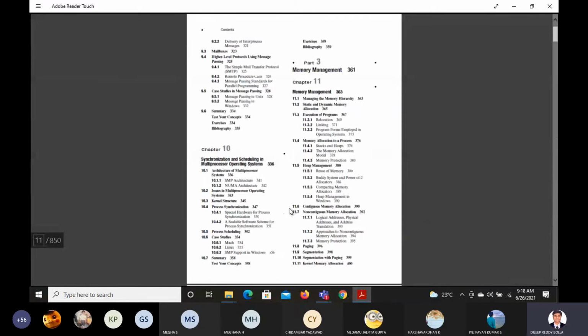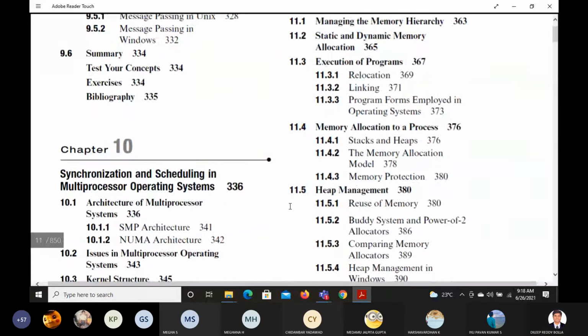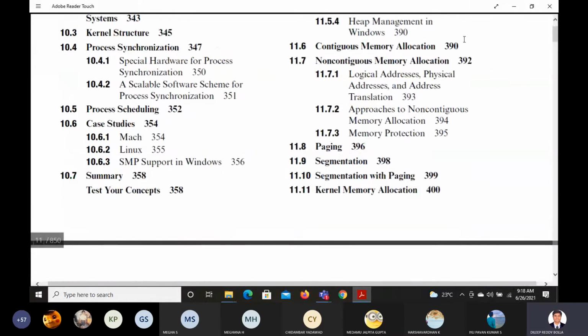Let me come back here. 11.6. Okay, you can also note down the corresponding page numbers if you want. 11.6 you study and 11.7 non-contiguous memory you can go to. I'll just give overview of that later. Just I'll show the syllabus view later. Next is paging. Third concept is paging. Contiguous, non-contiguous 11.6, 11.7. Paging 11.8. Segmentation 11.9. Okay, segmentation with paging, this one 11.10. Right, this much you should read from this chapter. After that, nothing else is required. So only this much.